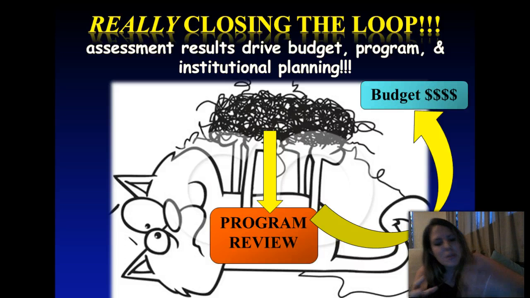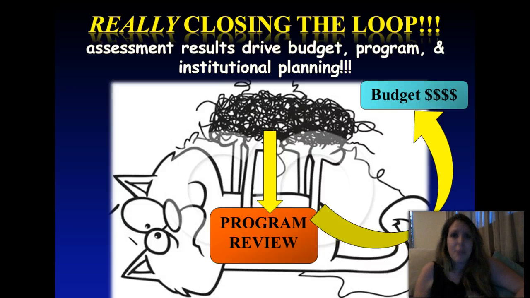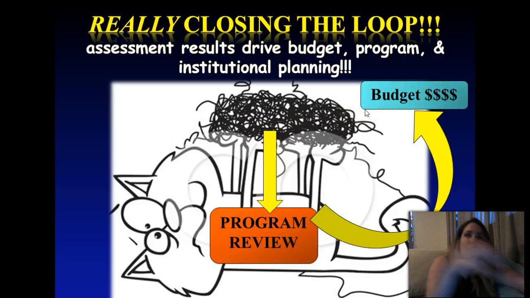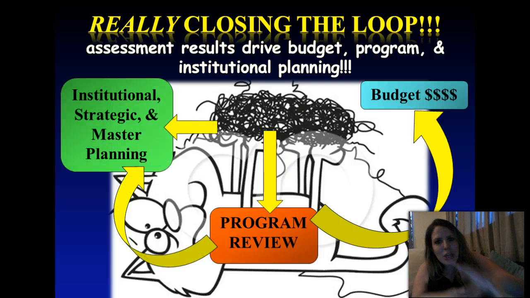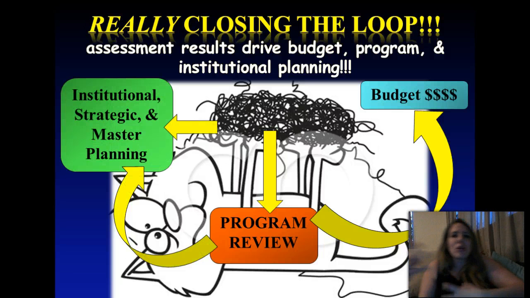If the students aren't meeting outcomes, maybe they're not meeting outcomes because our dialogue has shown that they didn't have the equipment they needed to meet those outcomes. Well, that comes up in program review, and that can drive the budget to make sure that we allocate resources in the future to providing the equipment that the students need to meet those outcomes. This is all part of closing that loop. And when we look at the results of the program reviews and we look at what's happening with the budget, this can all be part of long-term planning, how we're going to create master plans for each area of the college, and what's our overall institutional strategic plan.